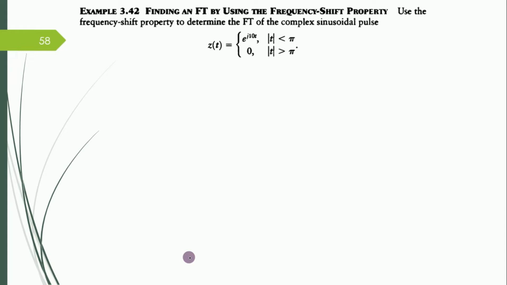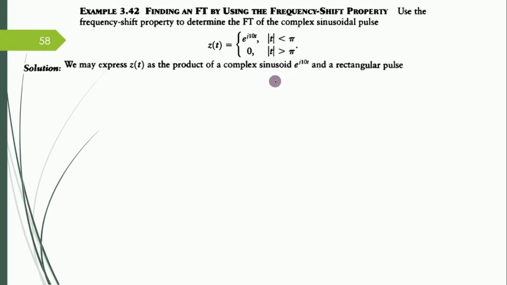Now, find an FT by using the frequency shift property. They have mentioned it: use the frequency shift property to find the FT. The solution goes like this. This is the question, e raised to j 10t. So this problem we can solve in a very simple manner. We may express z of t as a product of a complex sinusoid and a rectangular pulse. So what they are saying is this can be represented as